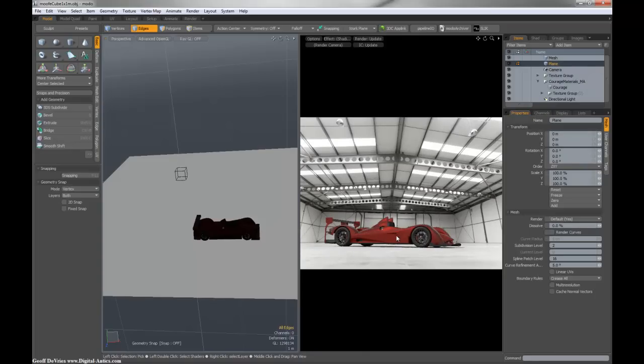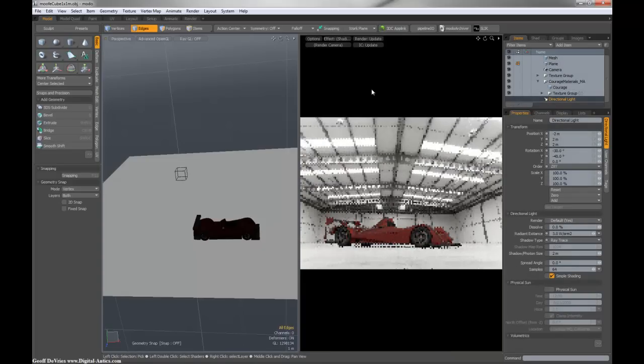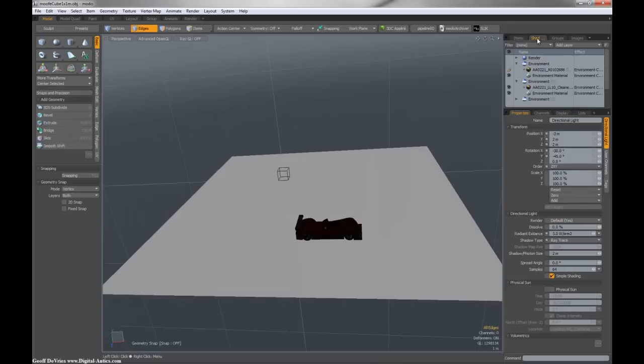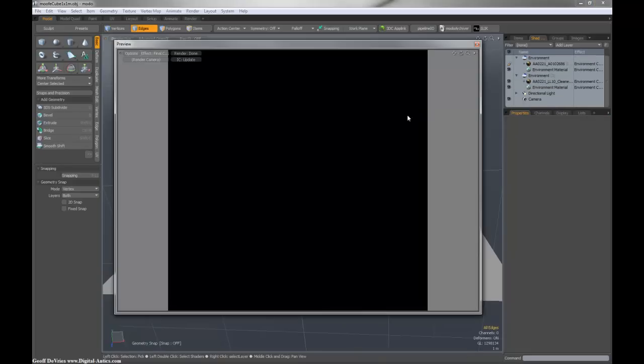Alright, now currently it looks like it imported environments also when I imported it, and we also have a direct light in here that I don't want. I'm going to turn that off. Get rid of that. And yep, there's the environments. I'm going to delete this. Make sure it's the correct one, yep. Delete that. Now if we go back in here,